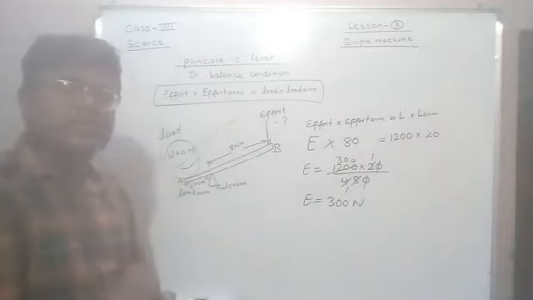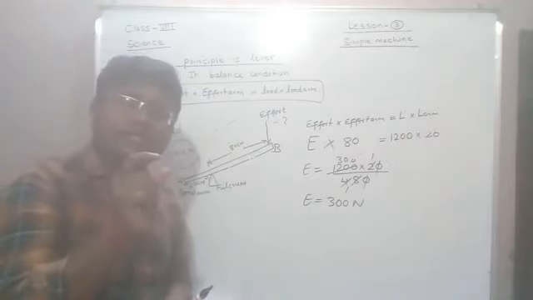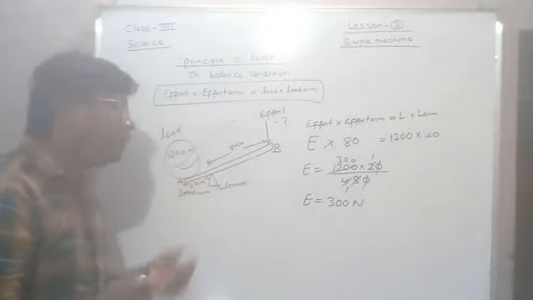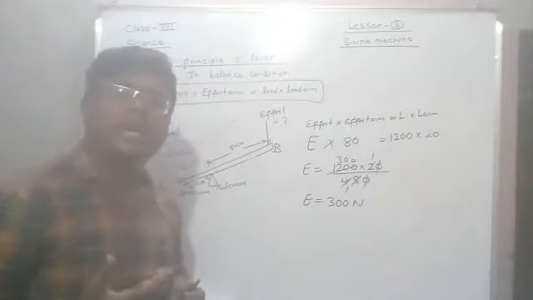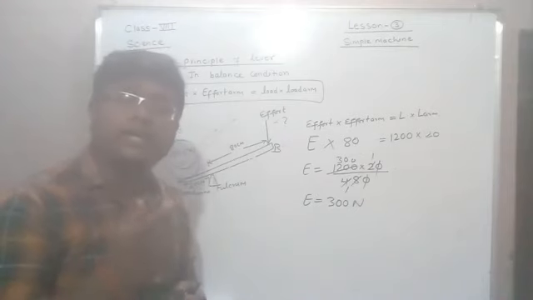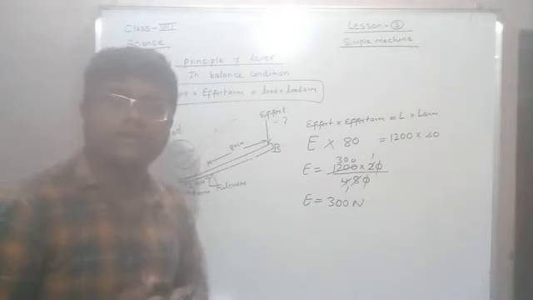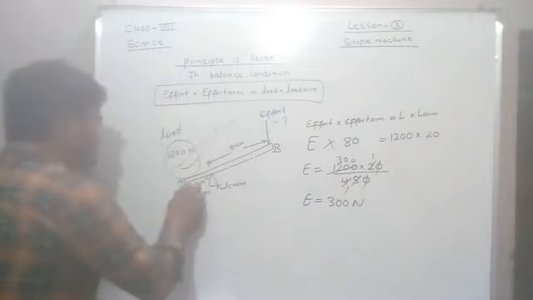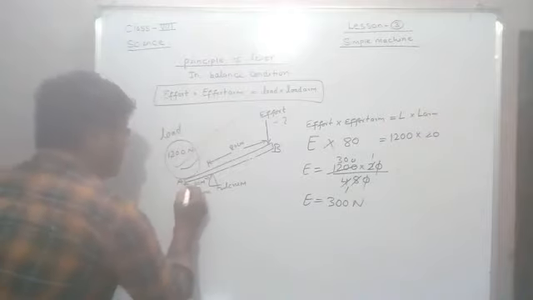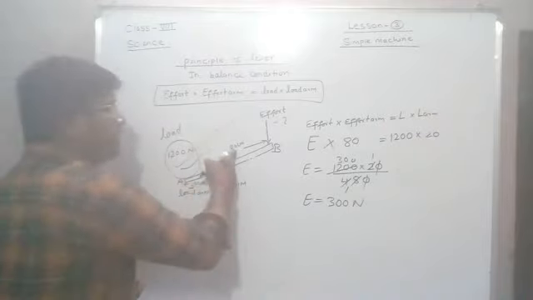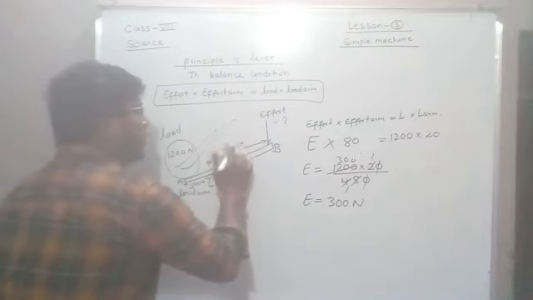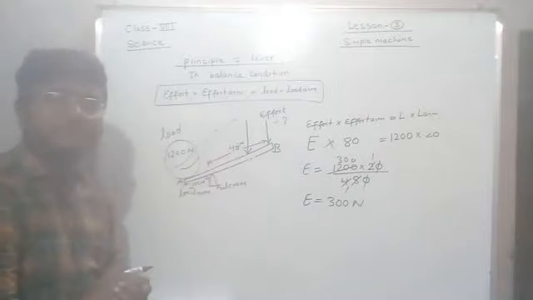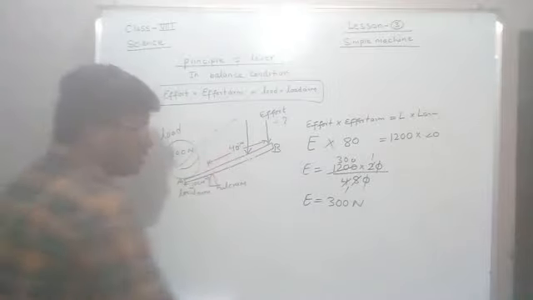So it proves that if you decrease your load arm, you can lift heavier load by applying less effort. Now let's move to the previous condition again. In the first condition it was 30, and we have this 80 centimeter. Now we are going to make it 40. So we are going to apply this effort closer. Then what happened? Let's see.